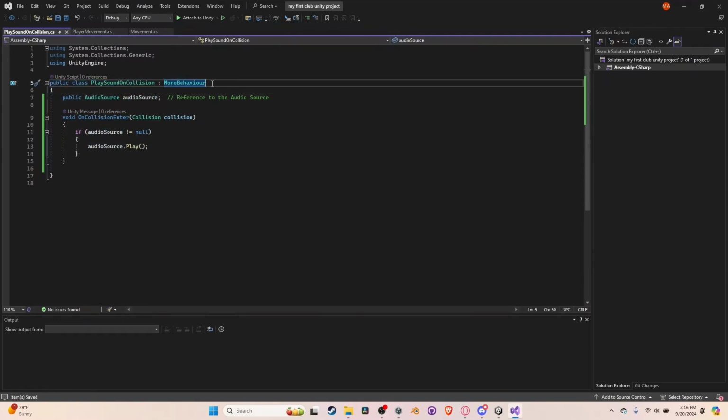I'll go more in depth in the actual C# coding for those of you interested in coding. But this is a reference to our audio source variable, and since it's public, we can access this through Unity. Now, let's talk about what this OnCollisionEnter is. OnCollisionEnter is actually a method Unity calls automatically when two objects bump into each other. So when the collision happens, the audio source will play the sound we attach, which in this case is this